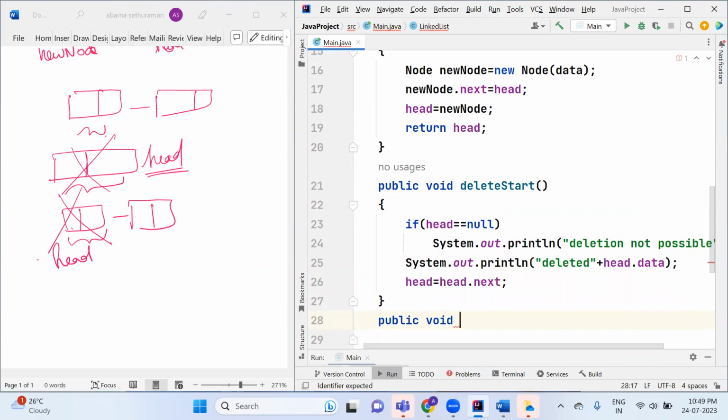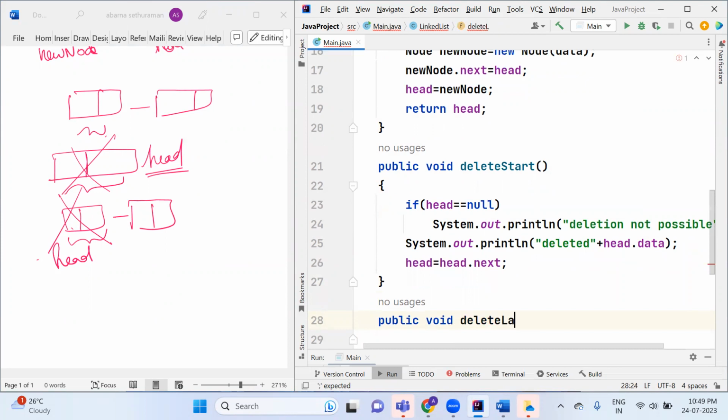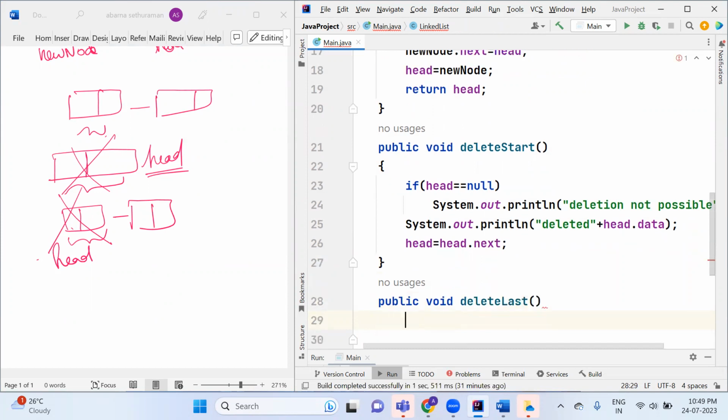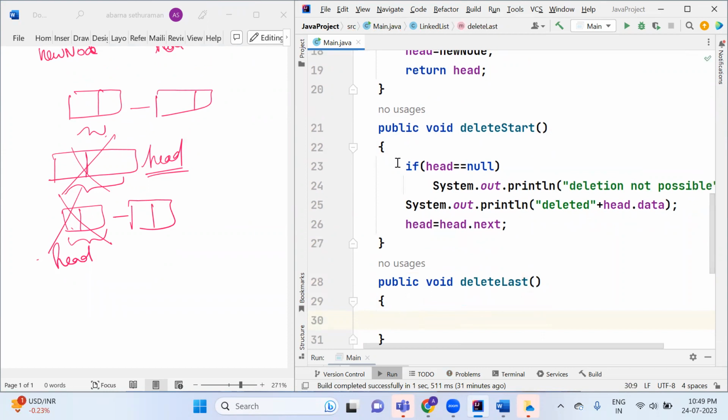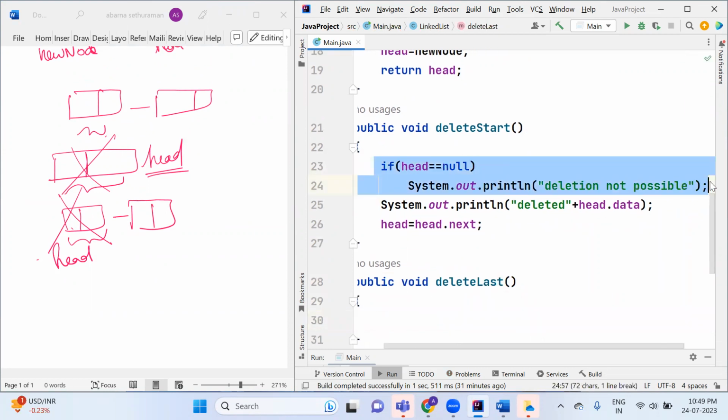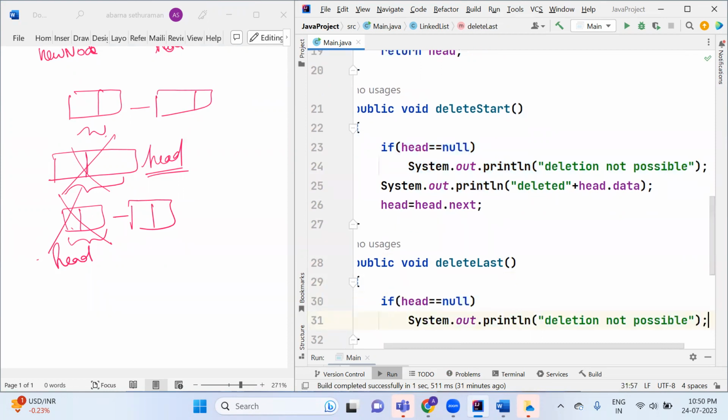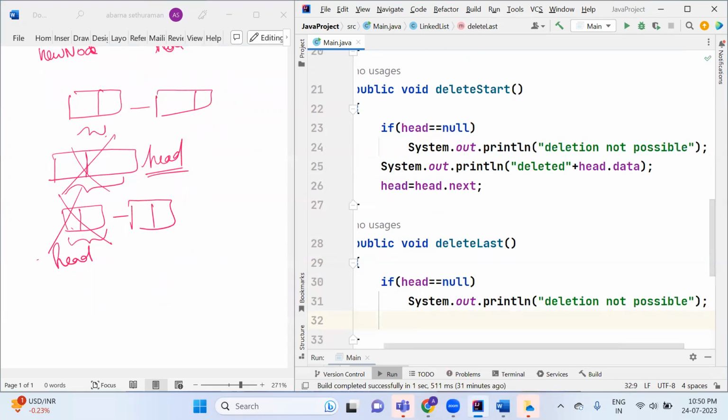And we will be having public delete at the very last position. So public void delete last, which is nothing but we will be having the same condition. So if head is equal to null, deletion is not possible. We will be writing the same. And also, if any of the values after head, take for example head dot next, if it is null,